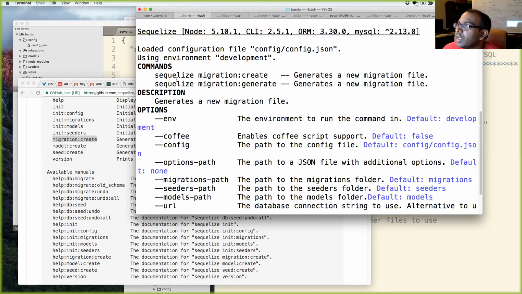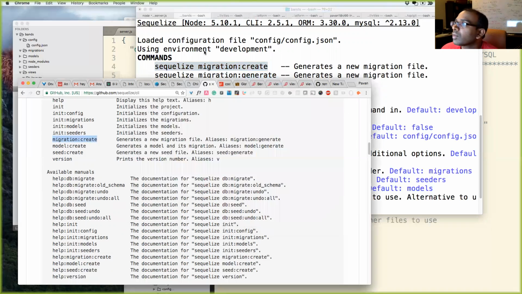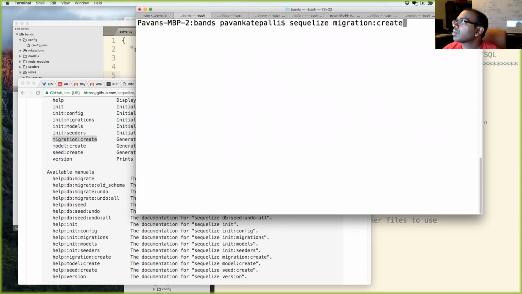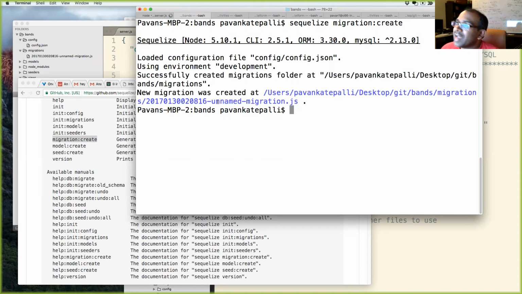And it shows me this is how I would create a new migration file, and this would generate a new migration file right here for me. So let me create a new migration file. And let's go. And I didn't give it a name, so it gave it unnamed right here. So let me try it again with a name.